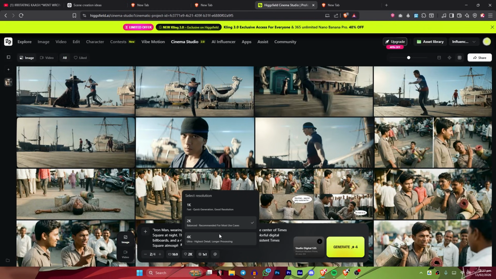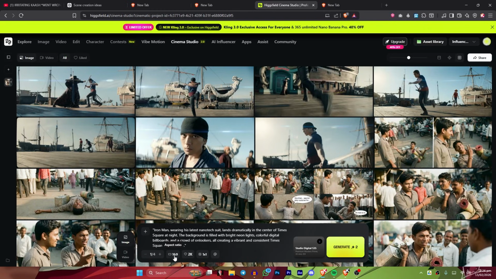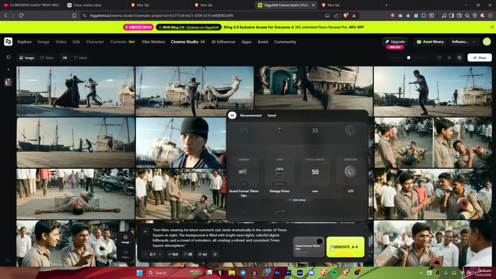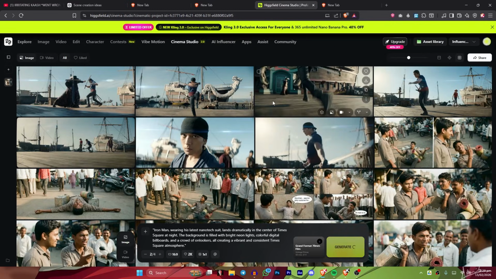If you want this, you can choose it as well. So for the number of images, I have selected 2. For the resolution, I have selected 16:9, which is for YouTube, and you can also select a higher variation, but I'm going with 16:9, and my quality settings are 2K, and the grade is 1:1. So let's hit the generate button and let's see what's coming next.